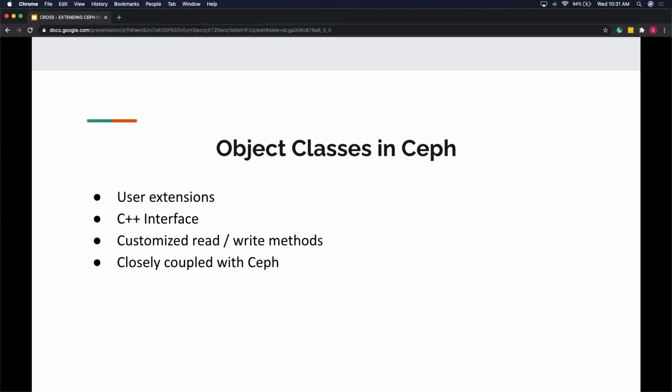So the object class framework provides the mechanism such that each added function is compiled into a shared library, and that library can be loaded into the OSD process at runtime. So these added functions are generally written in C++, and then they are bundled as an object class. And there's usually one class per particular storage interface. So we'll talk about it in the future. There are quite a few, like a ref count, and then WebAssembly is another object class that we've added to